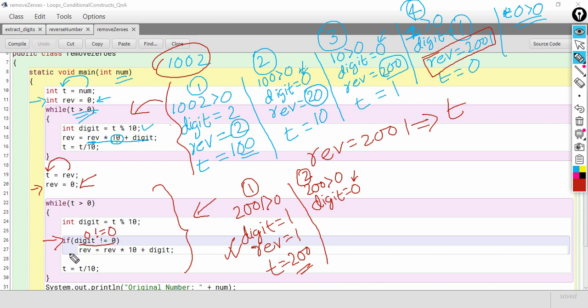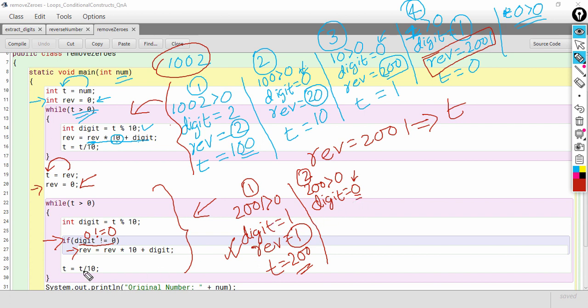Condition is false, that means line number 27 will not execute. And this 0 will not be concatenated, not be joined to reverse. Reverse is storing 1 and 0 will not be concatenated to it.